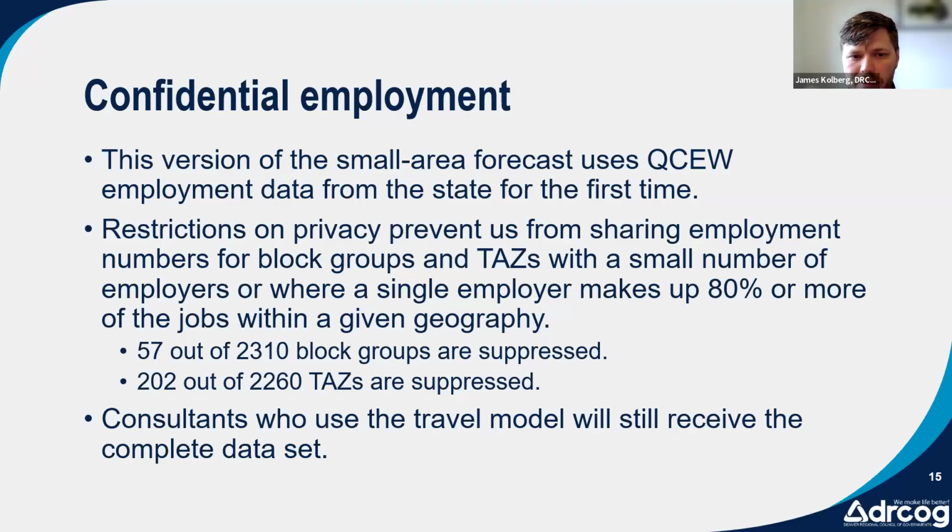So when you're downloading this data or looking on the web map I was just showing you, you might notice that employment is missing for certain block groups. And that's because of these privacy restrictions. The state doesn't want those employers to have their private data shared. So there's 57 out of the 2,300 or so block groups suppressed, and 200 out of the 2,200 TAZs